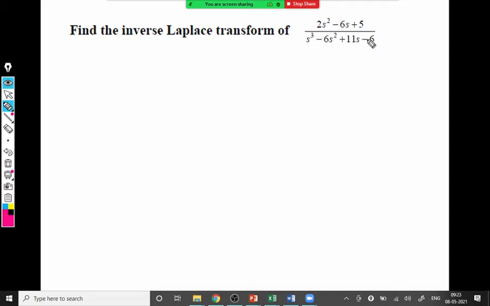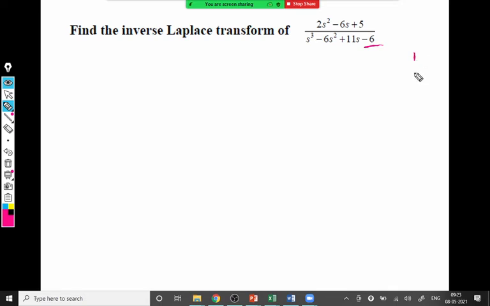ABC are the factors of this cubic equation. There is one property. That property says the product of the factors, or the product of the roots of the equation, is the constant term. This constant term -6 is actually the product of all the roots. So we can use that property, which itself tells us the possible factors. The possible factors of this cubic equation are the factors of 6.